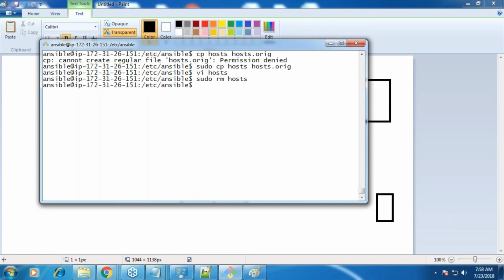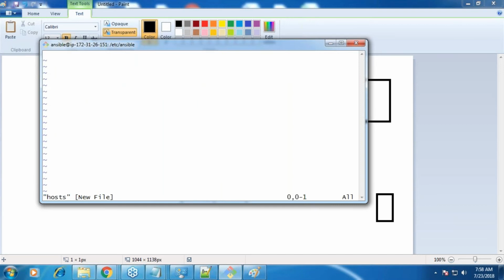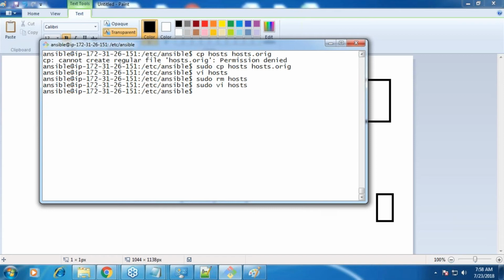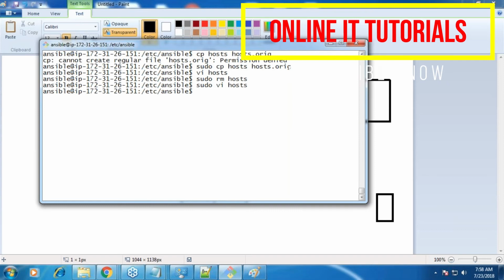Okay. So sudo vi hosts, and let me add only one entry in this, which is localhost. Simple. Now we have an inventory file. It has one entry. Let us not worry about what this is. As of now, it has one. Tomorrow, it might have thousands of entries there.